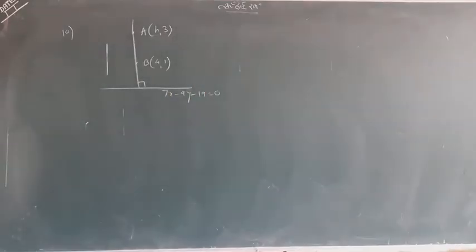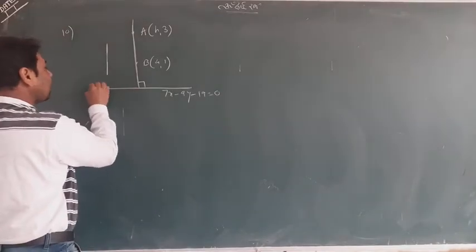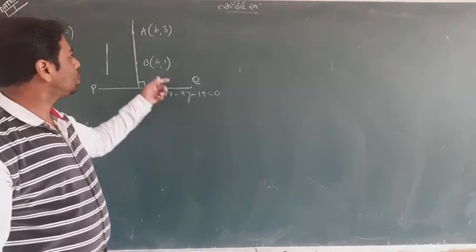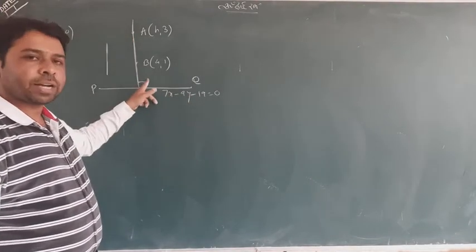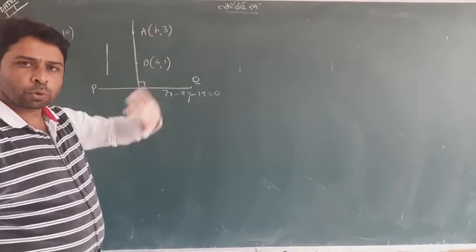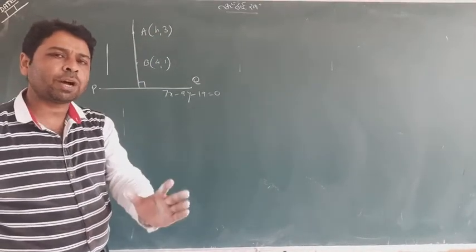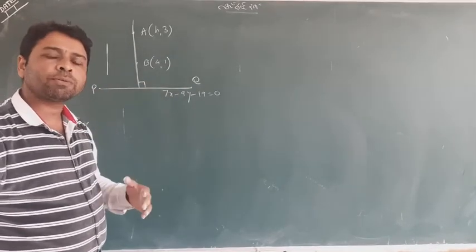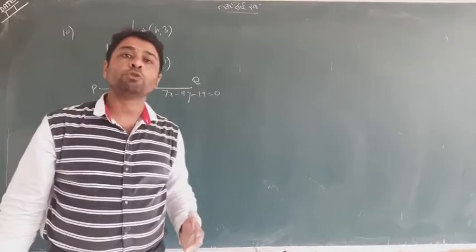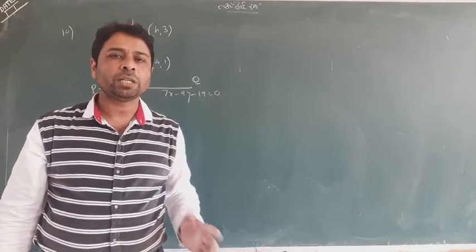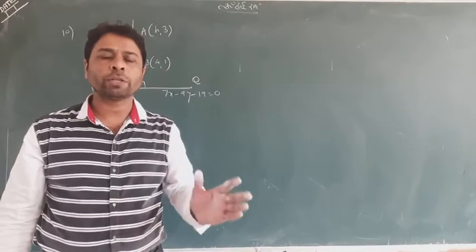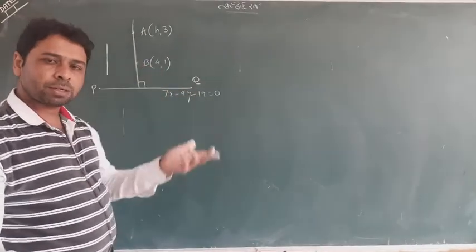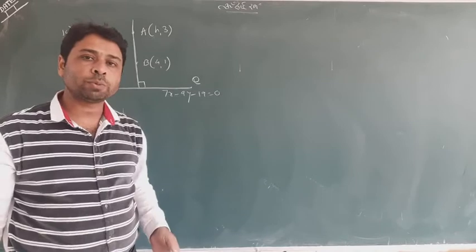This is the picture. Now if I say the line is PQ, and my line PQ is meeting the line AB at right angle, the question says. So we have to find the value of h. Question seems very simple. So I tell you how we can find it. Angle between them is 90 degrees. So don't use the concept of 90 degrees, but use the concept of slopes. When two lines meet each other at 90 degrees, the product of the slopes is minus 1. So you find the slope of this line, you find the slope of AB, and multiply them, m1 into m2 equal to -1, use it and get your h.